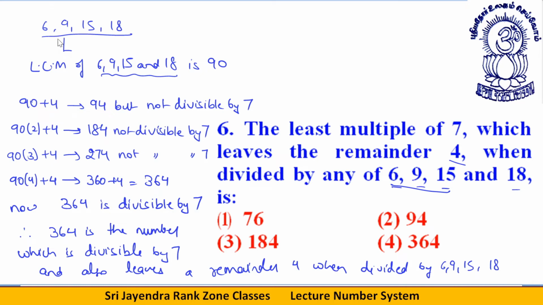The good method should be a better method. The better method is options. Okay, dear students, we need to search for a multiple of 7. Let's look for a multiple of 7. This number is not divisible by 7, not divisible by 7, not divisible by 7. Only this is possible. Okay, dear students, got it?